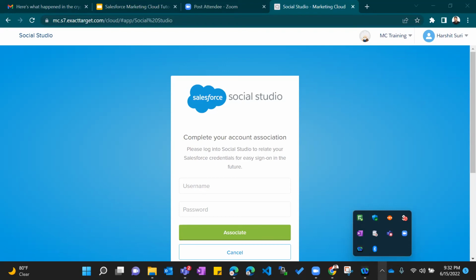See, Marketing Cloud and Pardot have the same concepts. If you are able to learn Marketing Cloud, you are able to learn Pardot. Marketing Cloud is a bigger brother of Pardot, I can say. Pardot is B2B, Marketing Cloud is B2C, which means it deals with a lot of audience. The concepts are the same, guys. If you learn Marketing Cloud, I don't think you will have to learn Pardot. It will be understood by default with the concepts we are seeing in Marketing Cloud.